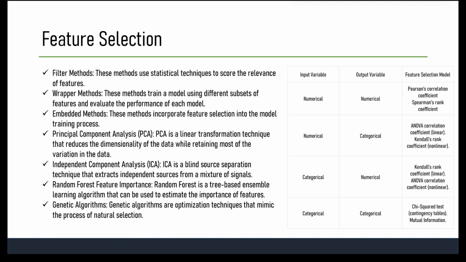It's a blind source separation technique that extracts independent sources from a maximum number of signals. ICA can be used as a feature selection technique by selecting the independent components that are most relevant to the problem. Then we have